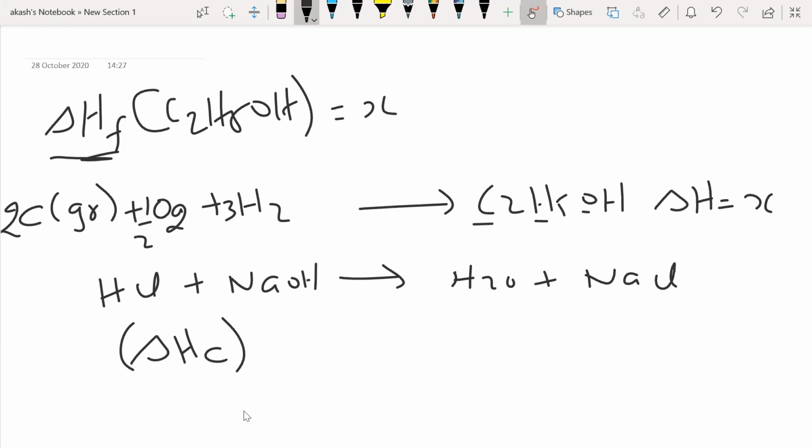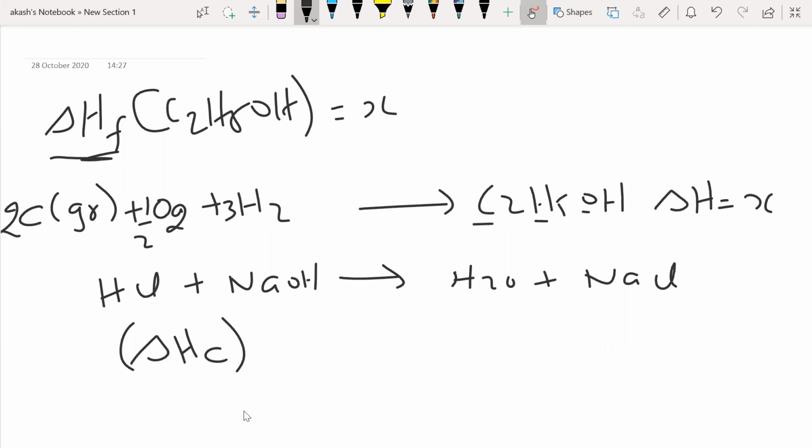So from the definition, I think you can understand what I'm trying to tell you here, right? In enthalpy of formation, the compound which we are speaking about was in the product side. We said that 1 mole of compound is formed, but here I'm saying that the compound has to react with oxygen to form products. So obviously that should be in the reactant side.